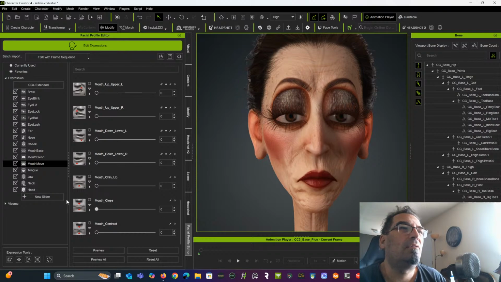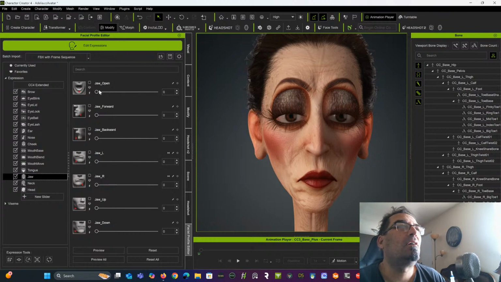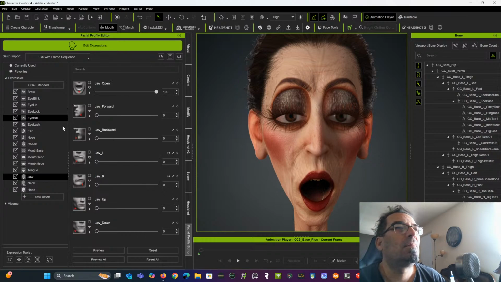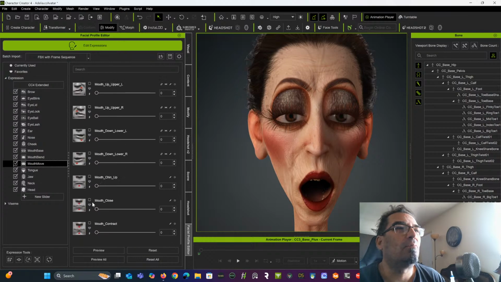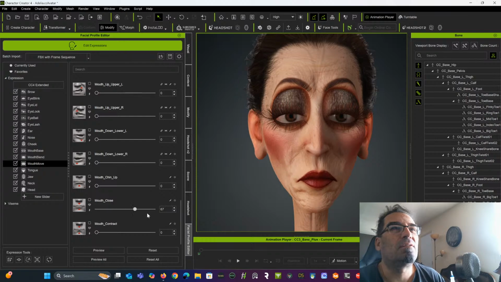That is way too much. Should work on that one. Jaw open. I'm going to check that mouth move again just to see if that is what it's wanting. Yeah, that's pretty good. So what is that, about 87? We'll update that as the full. So now when this is 100,